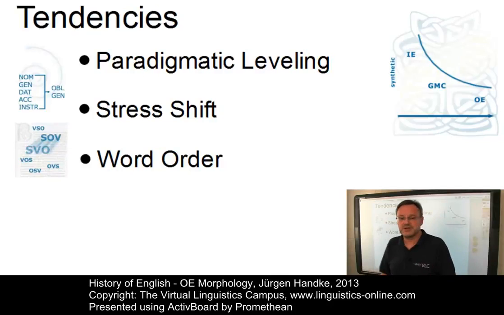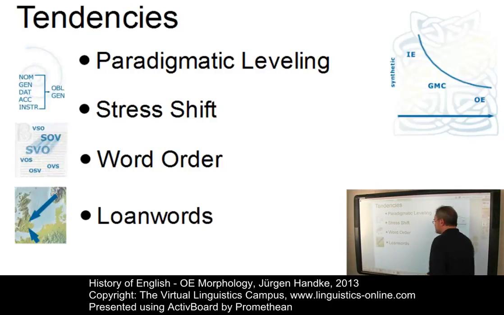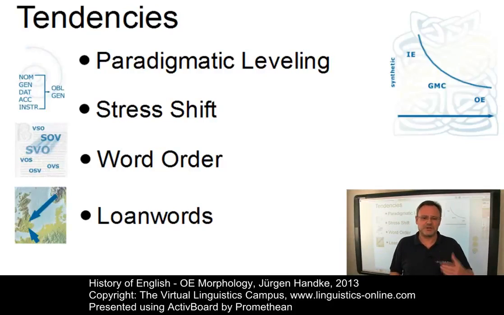And since in Old English the necessity arose to adopt thousands of loanwords from two other synthetic languages, namely Old Norse and Old French, a further effect could be seen. Since loanwords have to be made compatible with the inflectional system of the borrowing language, the simplest solution was to drop the inflections altogether, a procedure